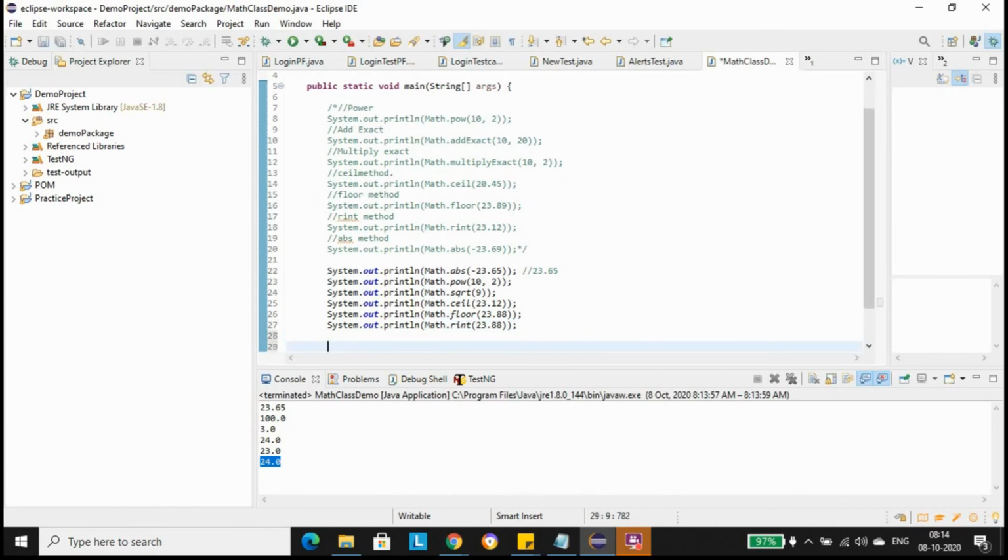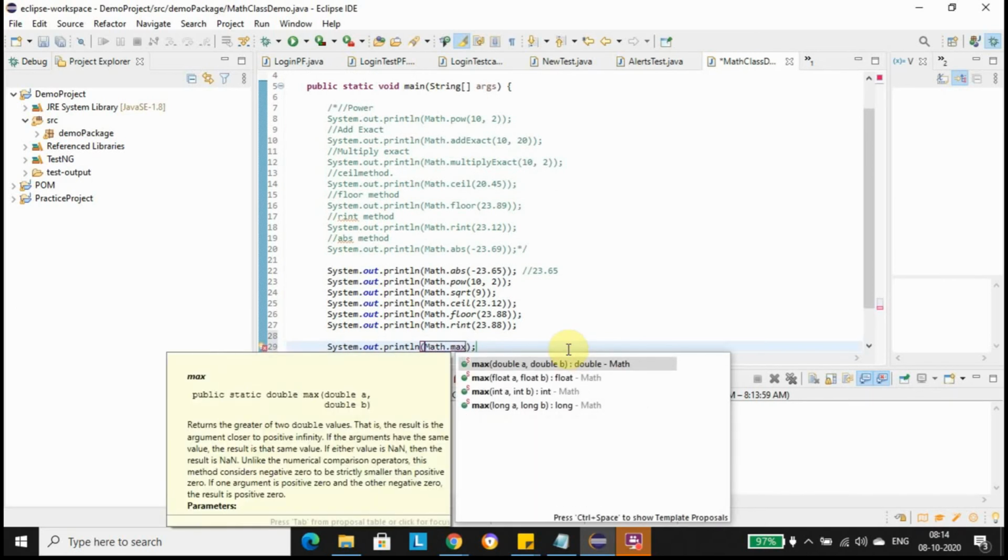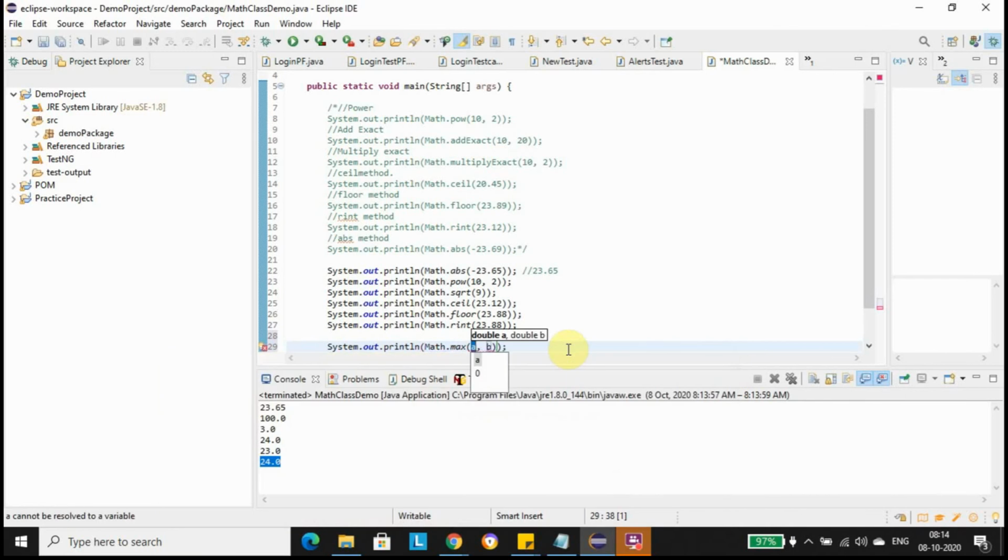We will see a couple more examples, like max and min. Math.max. We will take two double values here, one is 10.2 and one is 15.8.